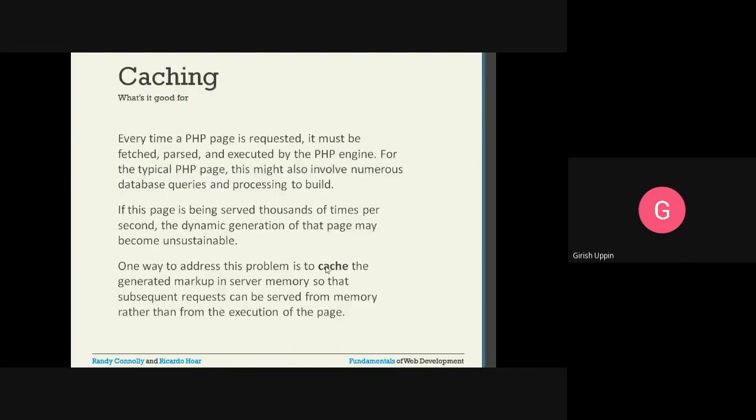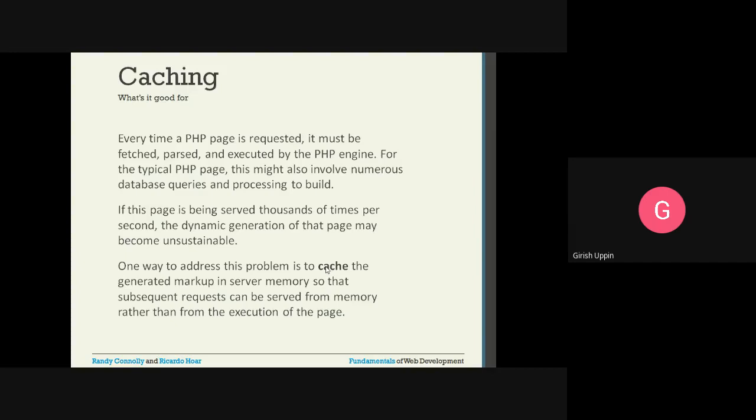Caching is some of the information or some of the pages. Some of the data is requested repeatedly, right? Whenever a certain type of request comes repeatedly, instead of making a trip to the server every time we get a similar request, if we can cache that information, that will help reduce the processing time, and it will improve the performance of the application. That is how caching is useful.